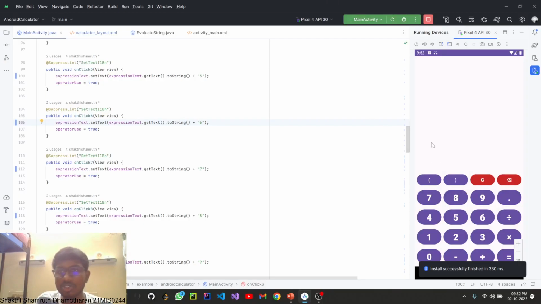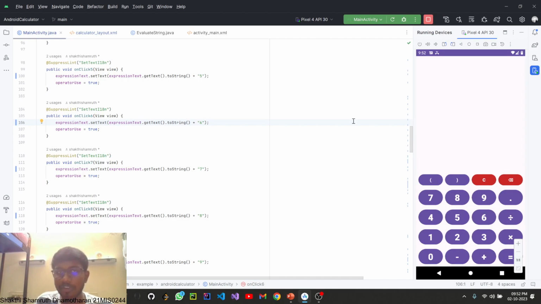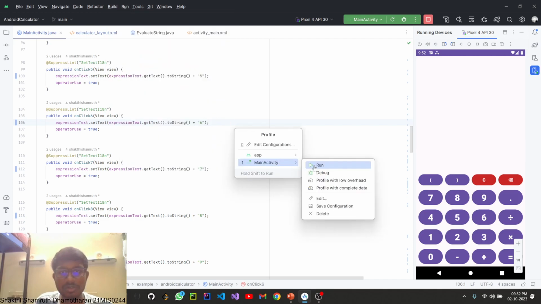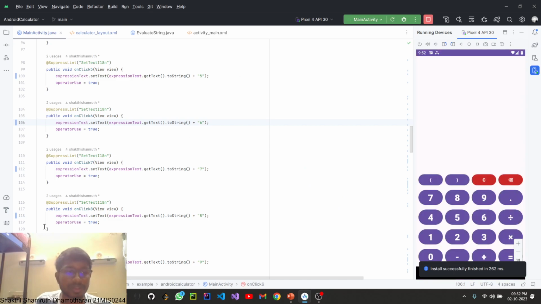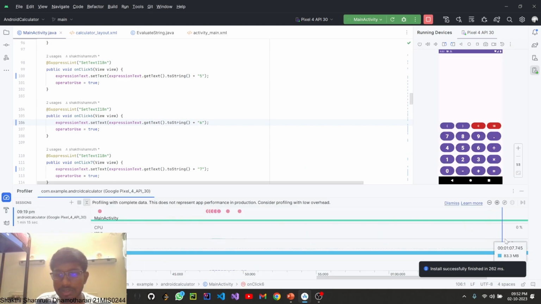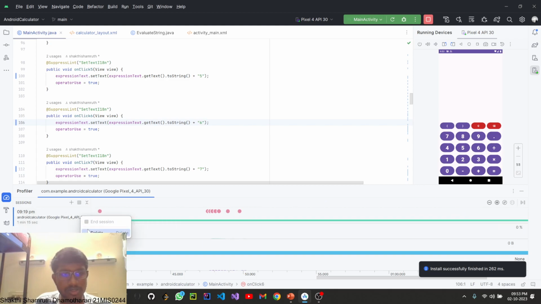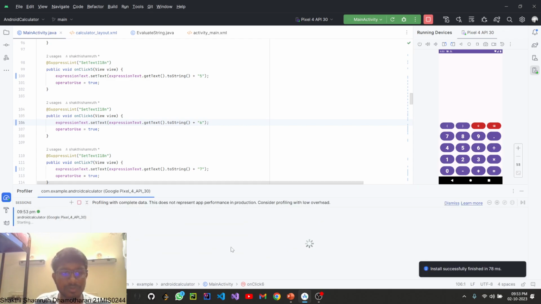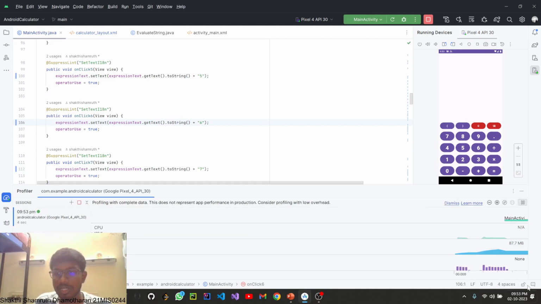So I'm going to open Profiler, and I'm going to show how the profiling tool works in Android Studio. So after opening the Profiler, I can